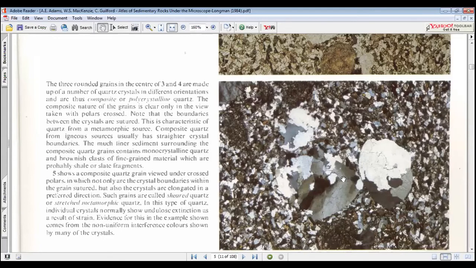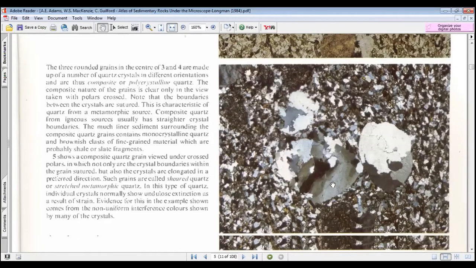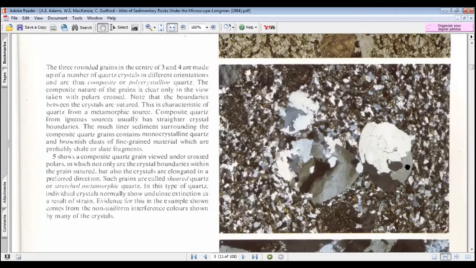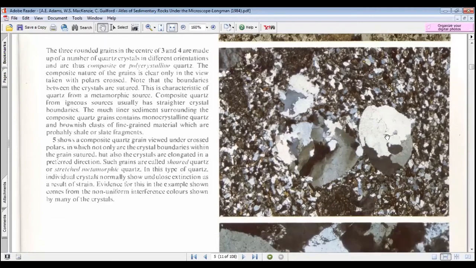And you can see that in this particular quartz grain, some of the quartz particles are not at extinction, but these particles are at extinction, and this area is going to be extinct when you rotate the stage. Similarly, see this grain also. This composite grain is showing that some parts of the grain are going to extinction, and some parts of it are not extinct, and they are passing the light as it is.